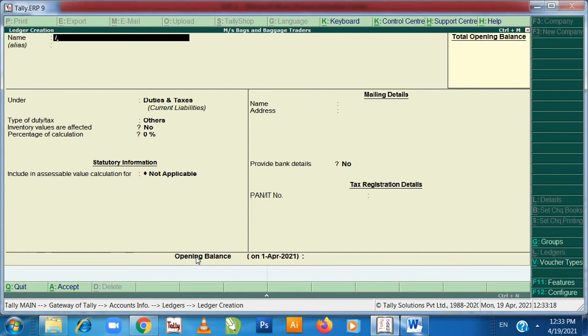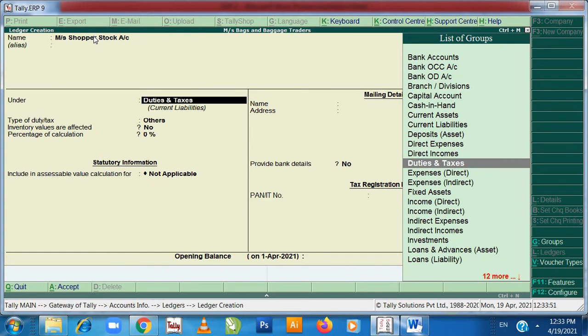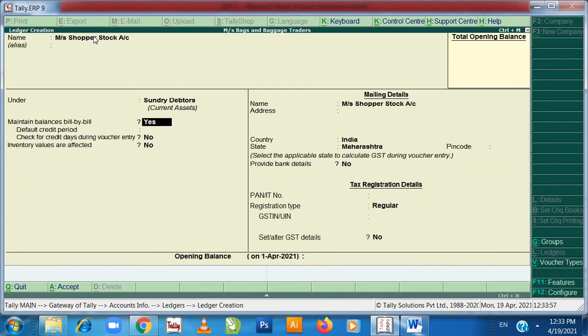So here Messrs shopper stock account. Enter, enter. Shopper stock account will go under sundry debtors. Enter, enter, enter.